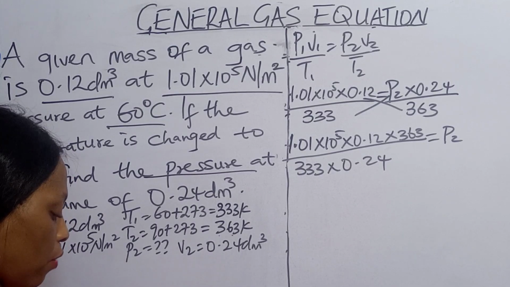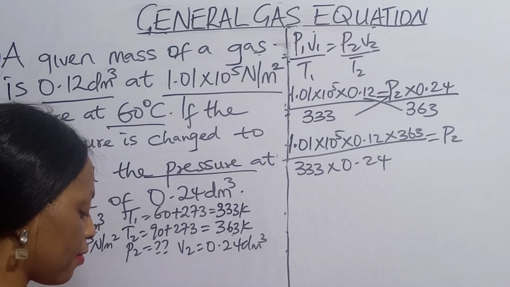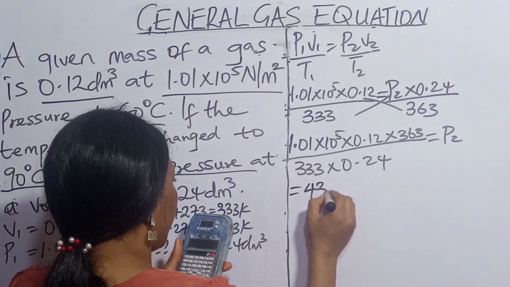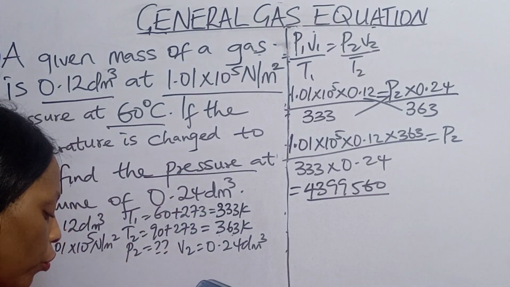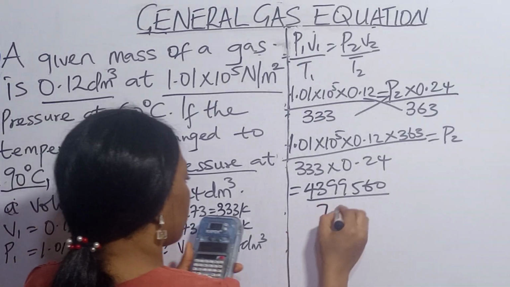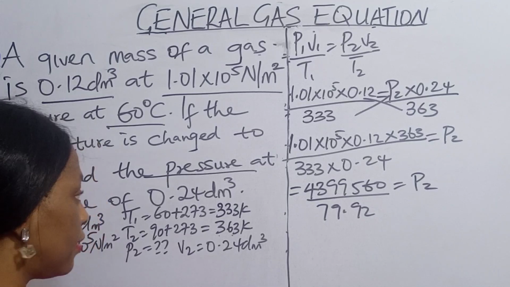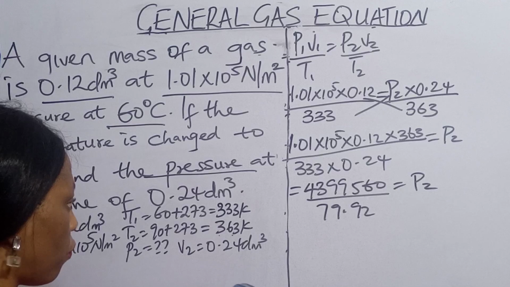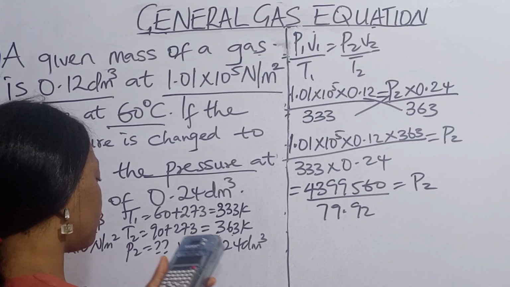Are we together? So let's punch our calculator. 1.01 times 10 raised to power 5 times 0.12 times 363 equals 4399560 over 333 times 0.24, and that will give us 79.92. So we are going to divide the both. 4399560 divided by 79.92, and that is going to give us